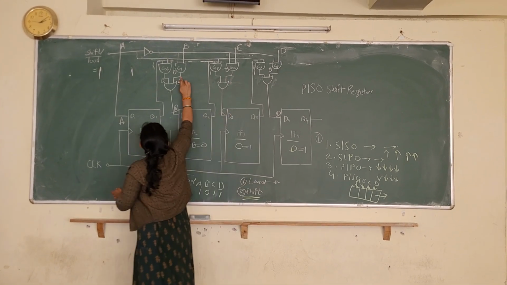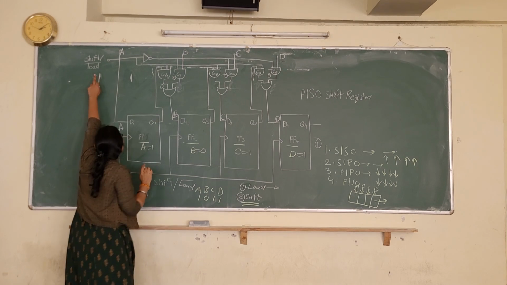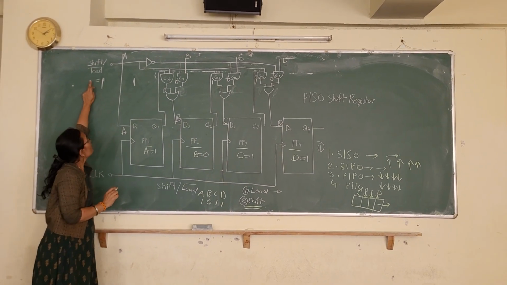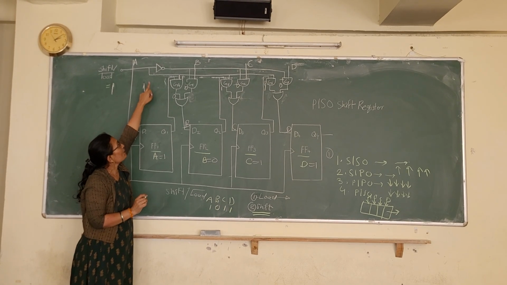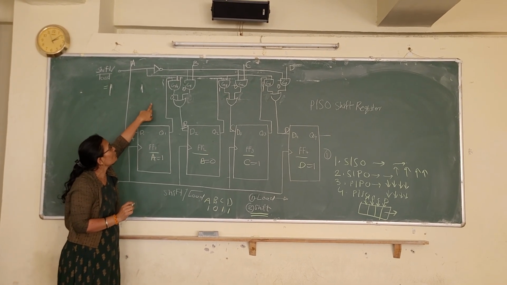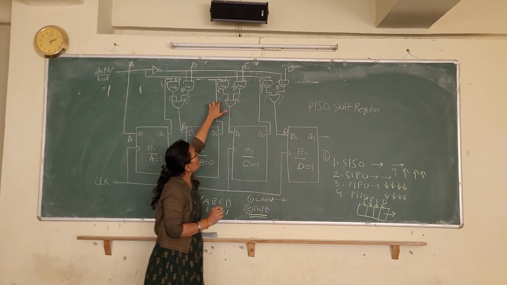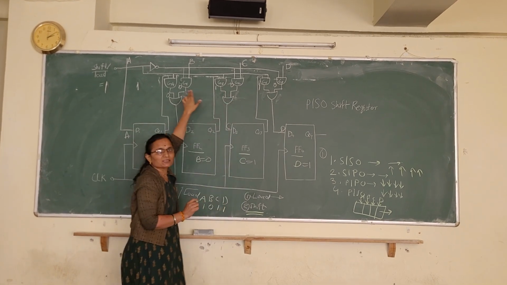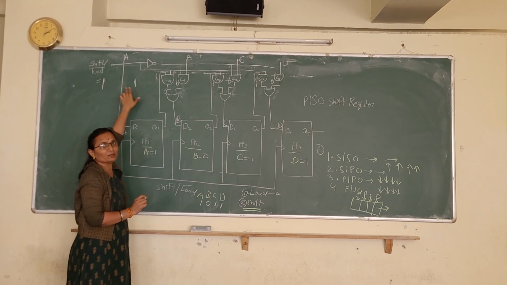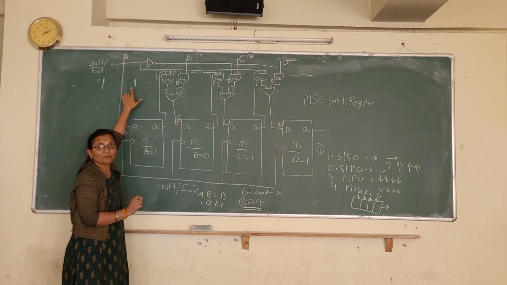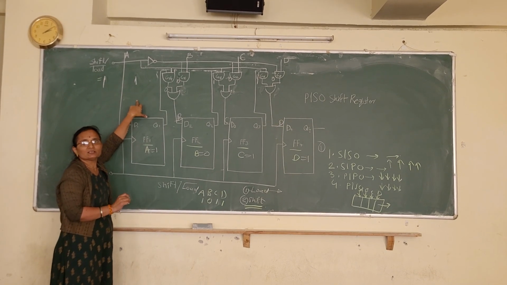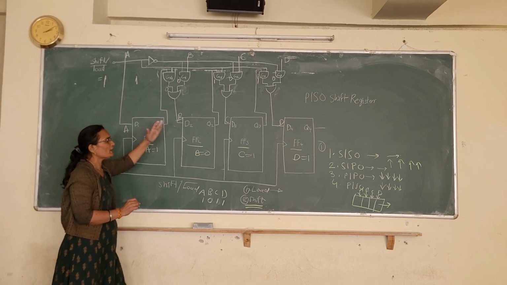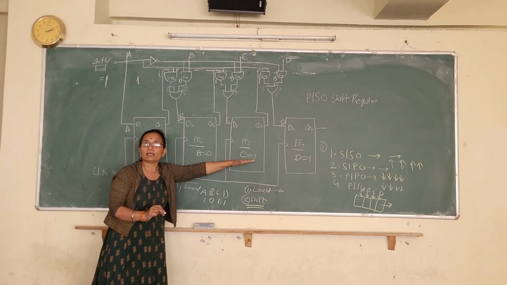So look here, whatever the shift/load line, the load bar, is 1. That's why the input of the inverter is 1. Whatever the input of the inverter is, that is the input for the G4, G5, G6 gates. That's why these three gates are active when your shift/load line is 1. So it means now we are doing a shift movement, shifting the data from one flip-flop to another, and the data is serially out.